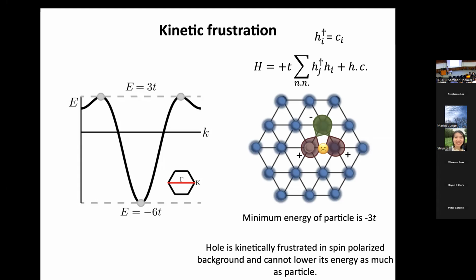How do we resolve the frustration? Well, you want to remove the indistinguishability, which leads to this destructive interference. And you can do that by flipping some spins around the hole. That way, when the hole moves around, if it moves in this path where, say, there's this flipped spin versus this path, there's some which-way information. Okay, so that's what we're going to do. We're going to flip some spins around the hole to unfrustrate it.